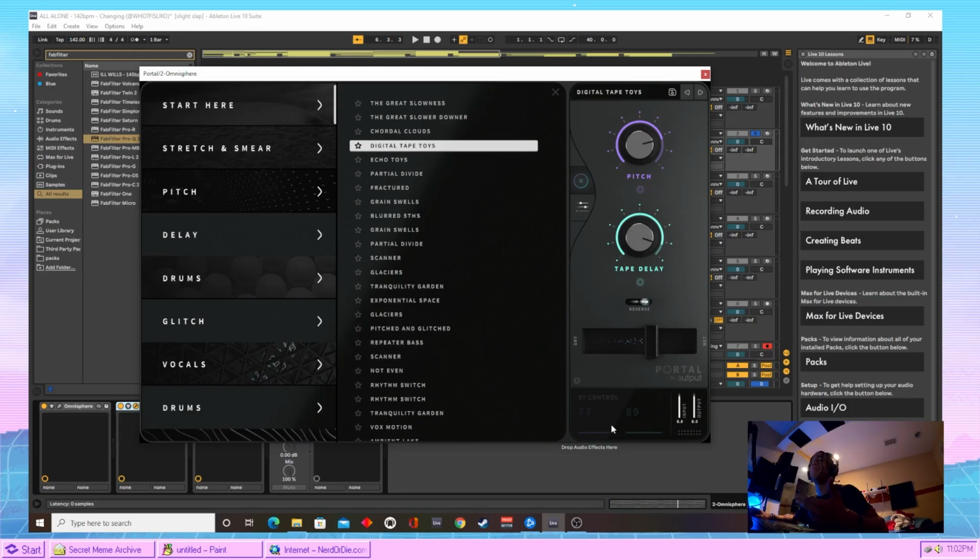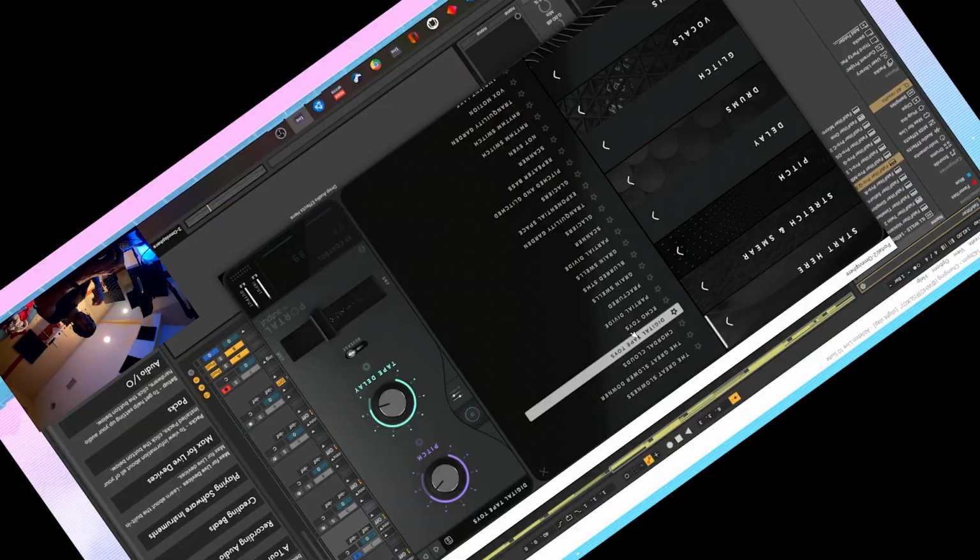Next effect that I picked was Portal. Added a preset called Digital Tape Toys. It's a good way to add some unique effects too. Oh, Jesus Christ. Anyway,